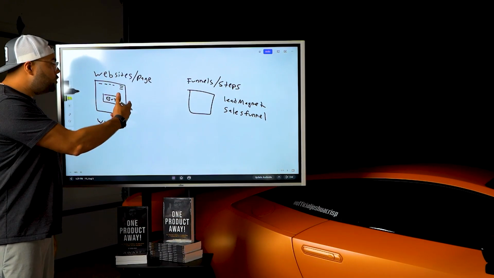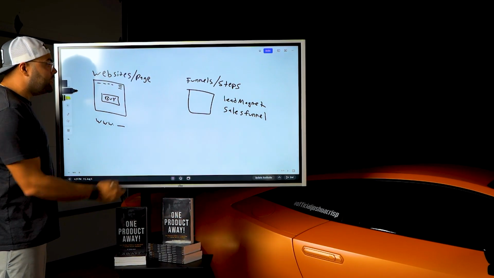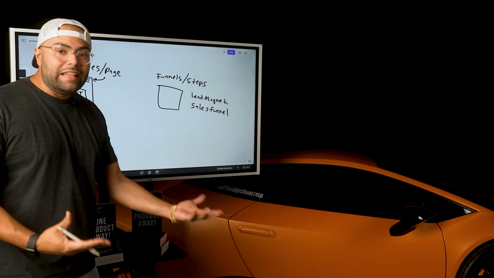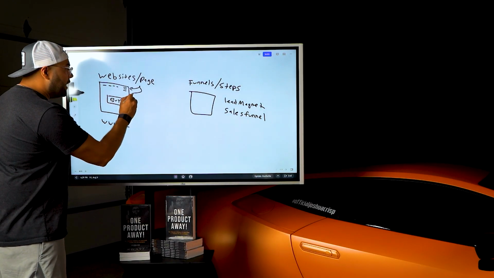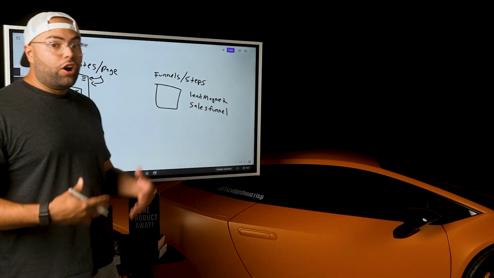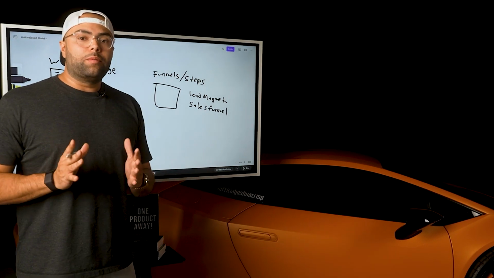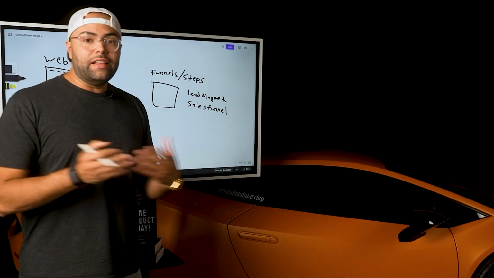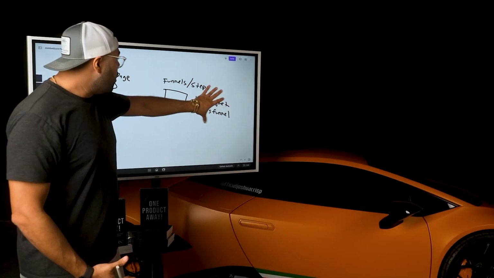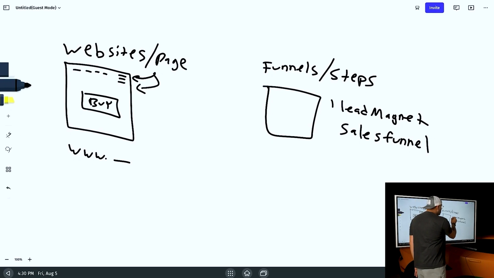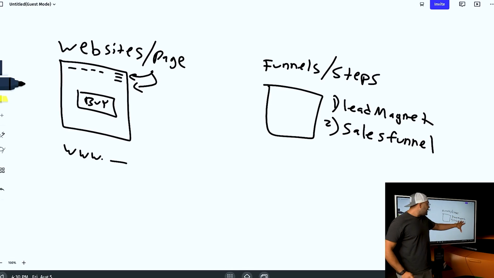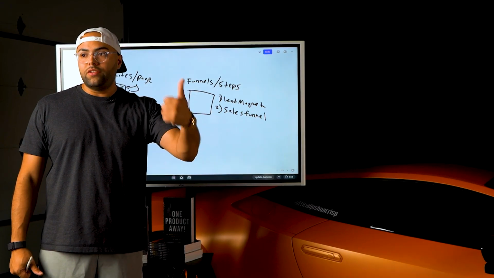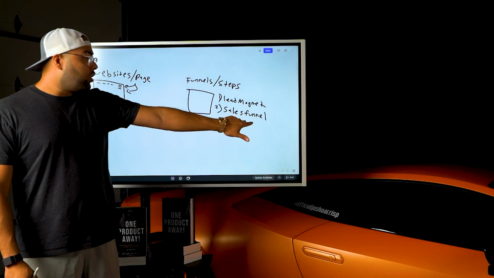So when they come to a website and you have these different pages, like one of these tabs would be learn more or contact us. And then another one would be like our products or our catalog. So it doesn't work because you're trying to do too many things on one page and people just bounce around and then they leave and you don't have customer information. Well, when it comes to funnels, you can use these two different steps, lead magnets and sales funnels, to achieve a higher conversion rate, whether it's signing up for emails, getting customer information, or getting sales.